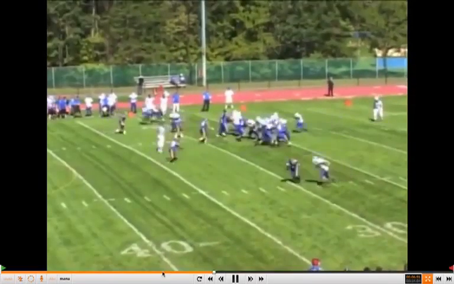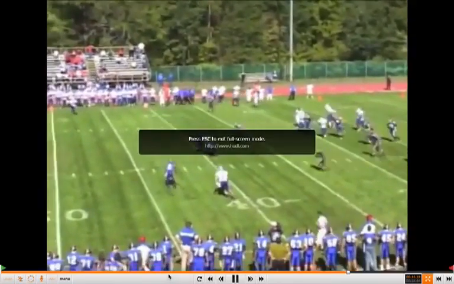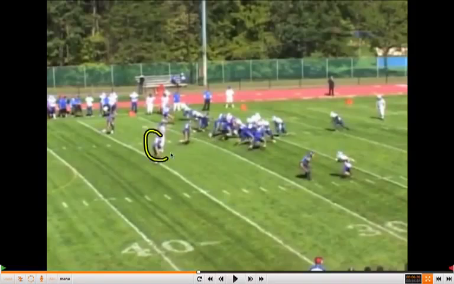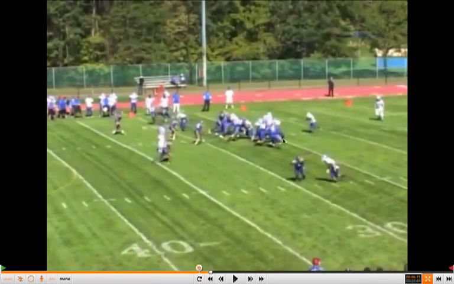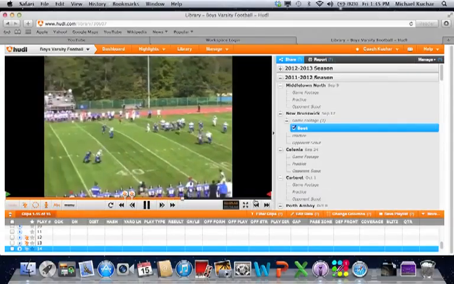So this is what we're talking about here. Now this safety is able to jump on the fullback out to the flat. This linebacker's caught up. He's on the line of scrimmage, a 9 technique. You can't expect him to play both there. You can't expect him to play the flat route. Then you see back here,